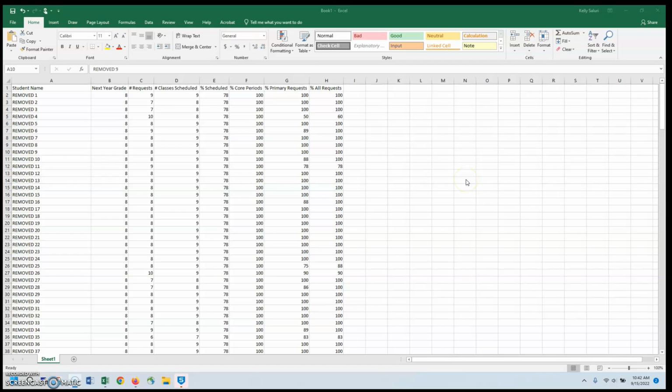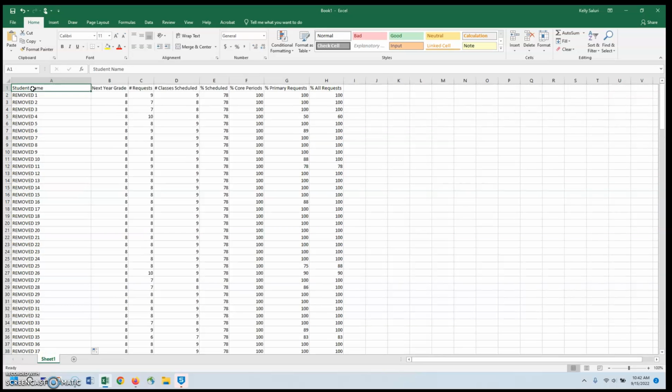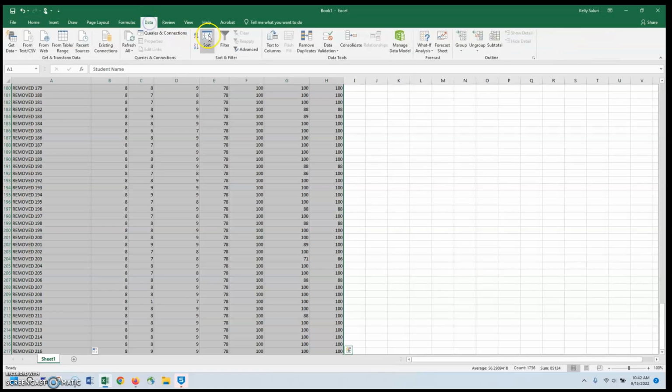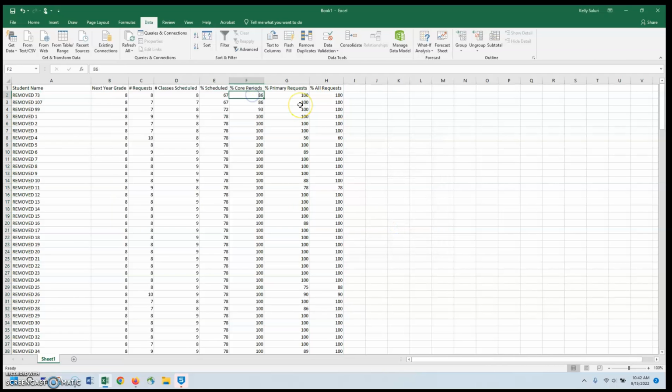And once you get the data pasted into Excel, you can see that there is a column student name. I've changed everybody's name to removed 1 through 216. But their name would be here, their next year grade level, their number of requests. And then what you can do here is if you highlight all this, you can sort by percent core period, smallest to largest, and we can see that this student, and this student do not have a full schedule in